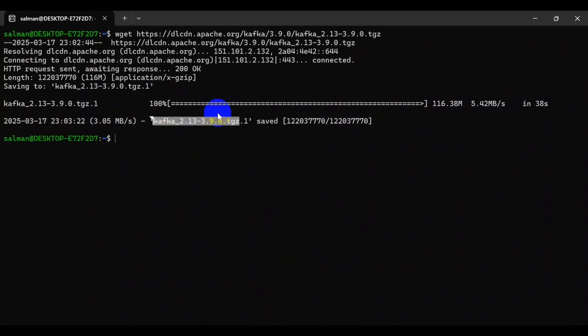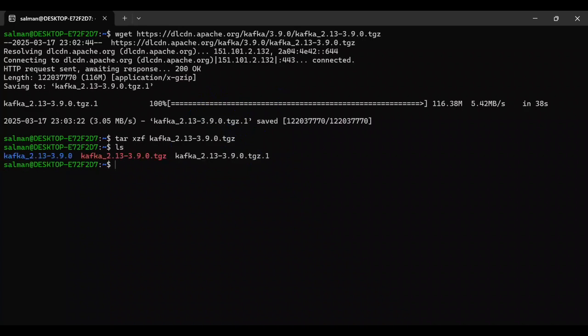Okay, after the successful download, now we can see the file is downloaded. Now we have to extract this file, so I'll write this command, tar -xzf and this file name, and this will extract. Now you see this is our Kafka directory that is in blue color. So I'll copy this and we'll go into this directory by writing the command cd and this directory name,